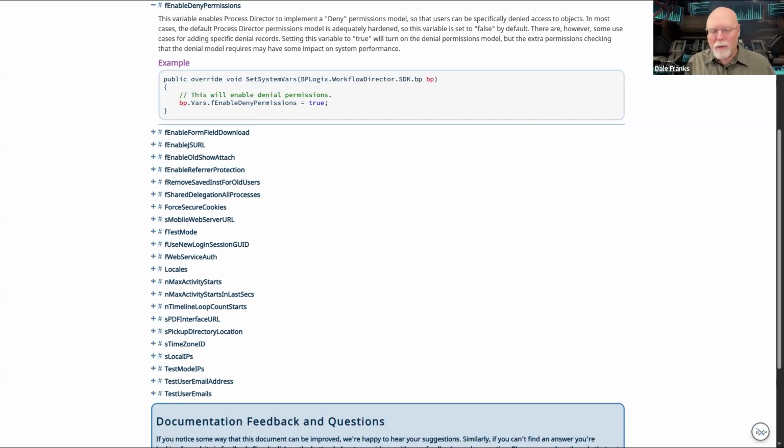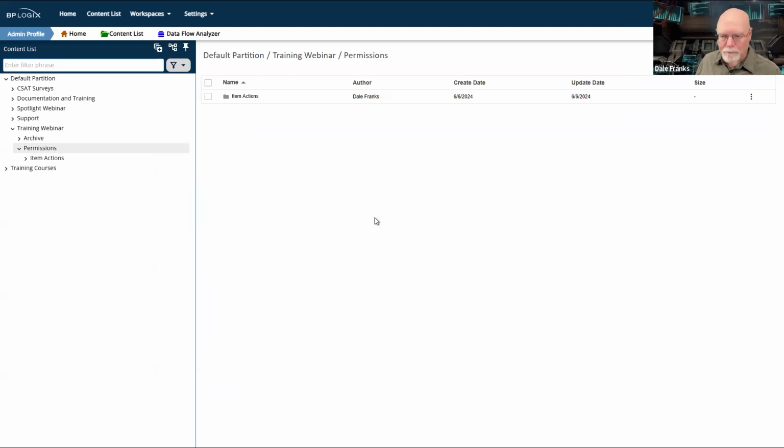There are a small number of use cases, especially in highly regulated environments or industries, where recusals and debarments and things like that are an important consideration. And in those cases, some level of deny permissions may be needed. In most cases, for most organizations, it's simply not necessary. And so, therefore, we don't have to worry about it, which is why it is disabled by default. So you just need to know that it's available should you need it, although in most cases you should never need it.